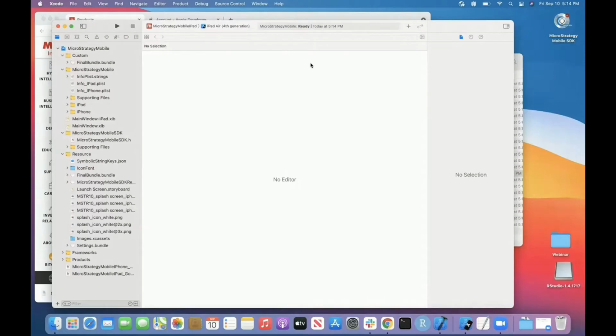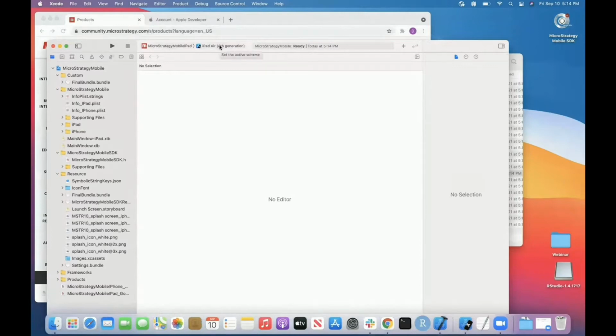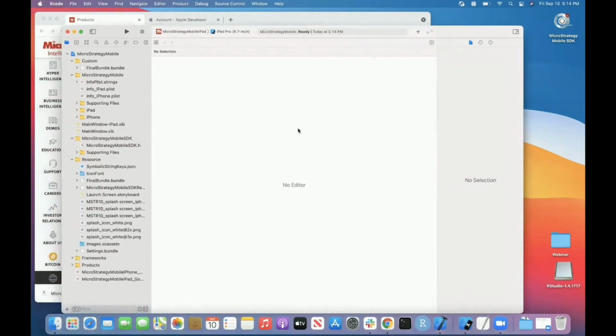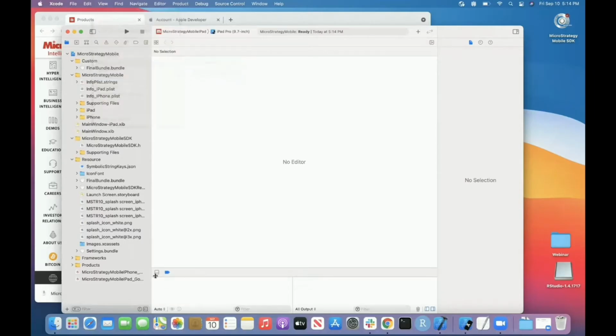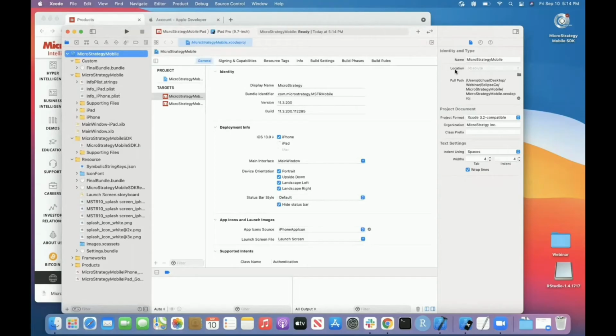UI. At the very top, you'll see the toolbar, which contains the target as well as the device for the simulator. For this purpose, I'll be using the iPad Pro 9.7-inch. On the left side, you'll see the navigator area, which contains basically the folder structure that contains the code, storyboard, and configuration file. The middle portion is the editor area, where you can see the specific files you have opened. Also at the bottom, you can go to View, and the debugger area, Show Debug if you want to debug the area. And on the right side is the